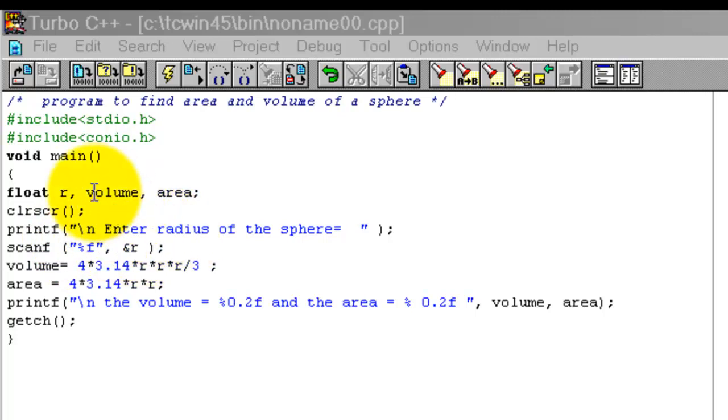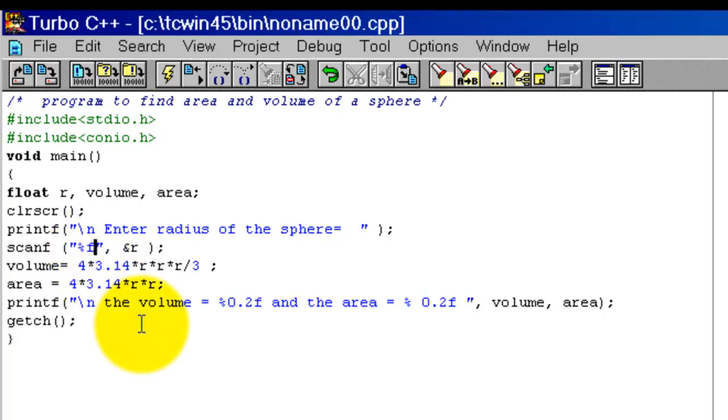Check commas and semicolons at the end of all lines, and also there should be no space between any word. If there is a space in %f, it will not run.